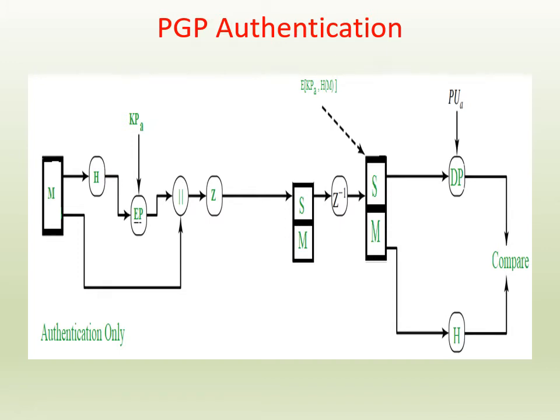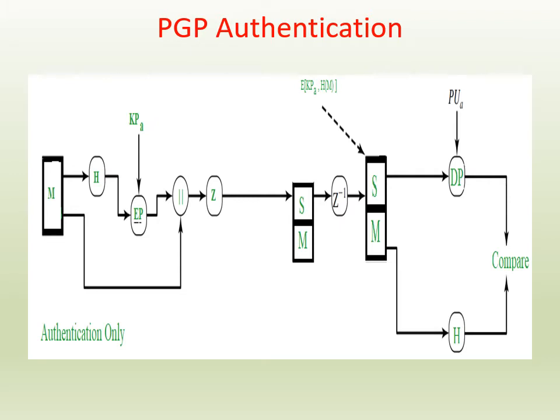At the receiver's end, data is decompressed and the message and signature are obtained. The signature is then decrypted using the sender's public key and the hash value is obtained. The message is again passed to the hash function and its hash value is calculated. Both the values, one from the signature and another from the recent output of the hash function, are compared. If both are the same, it means that the email is actually sent from a known sender and is legal, else it means that it's not legal.